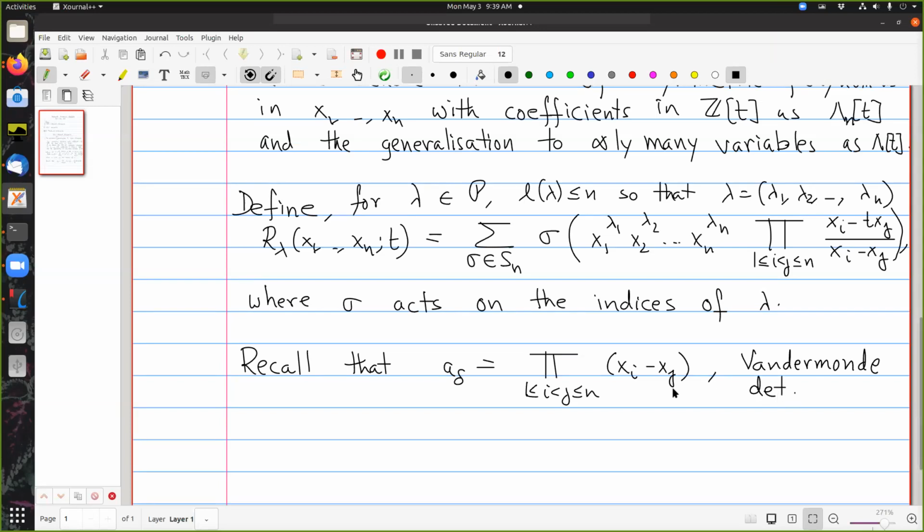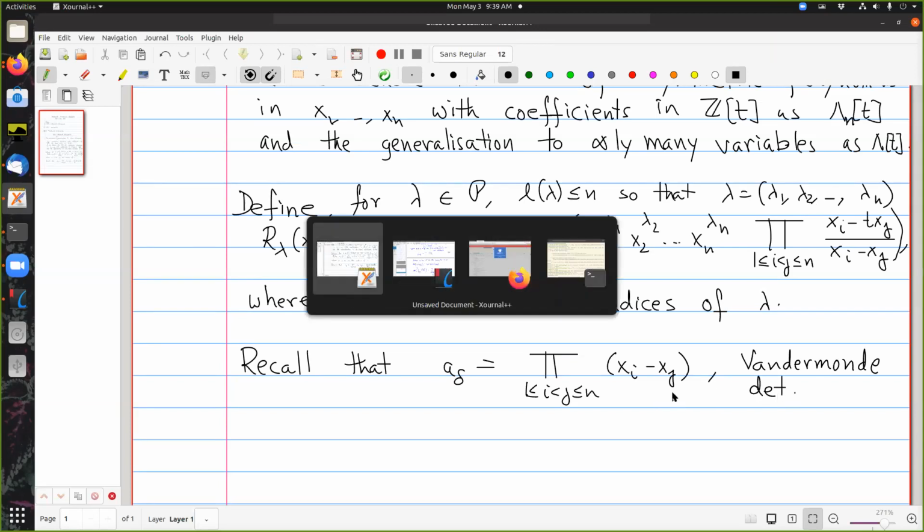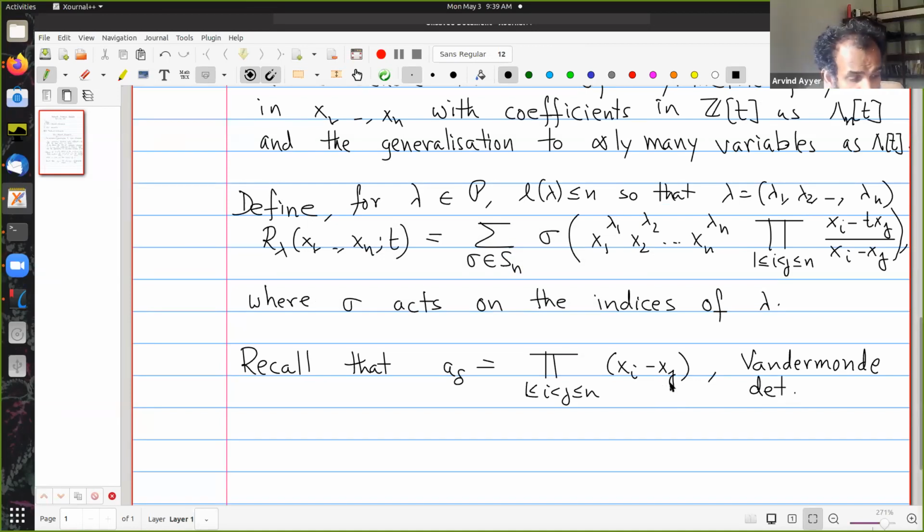So sigma has no effect on that product term, right? Which product term? That definition of R_lambda, because it's action over indices of lambda, right? Yes. So, for example, the permutation 2, 1 will make it x1 to the lambda_2, x2 to the lambda_1, everything else. And that product term has no effect. The product will also change. Oh, sorry, the product will not change. I apologize. Will it pick up a sign or something? (x1 minus t x2) will. Exactly. So I made a mistake. Thanks for asking that.